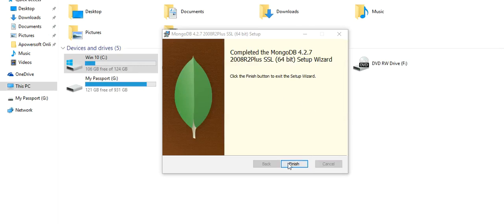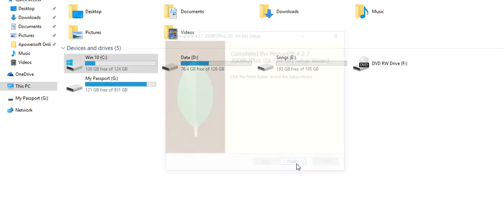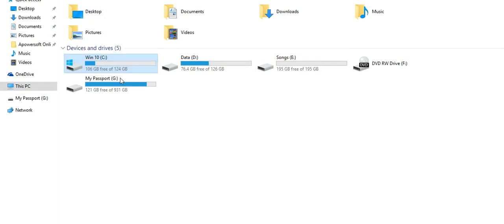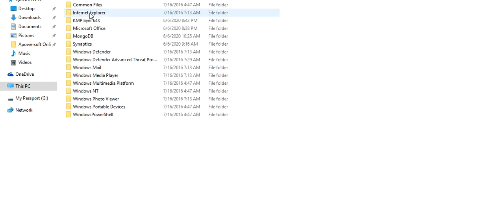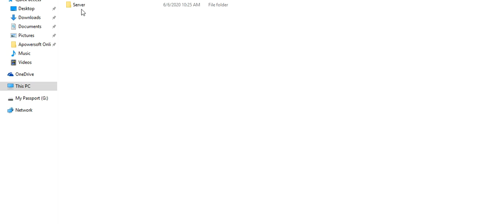Once it is installed, you can click on the finish button. Now you have to go to the path in C drive. Go to program files, then click on MongoDB and server, and this will be the version which you have installed of MongoDB.